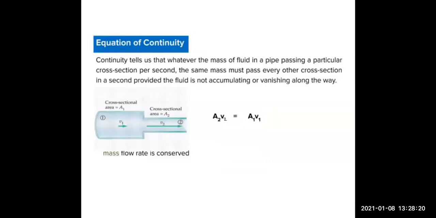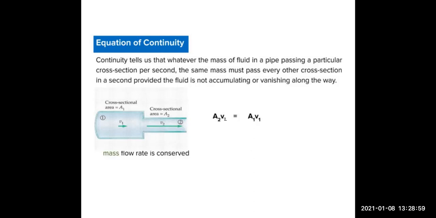Okay, very important, children. This is your equation of continuity. The equation of continuity is going to give you a very important relation. Before this, you might have watered the plants in your garden with a pipe. For plants which are very far, what do you do? You put your thumb before the pipe and the water comes out with great speed and reaches the plants which are very far.